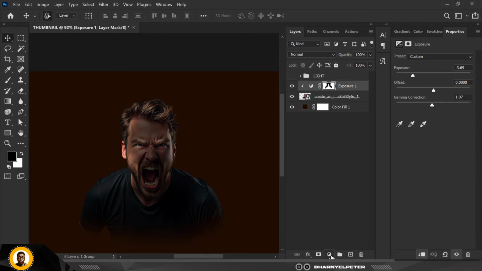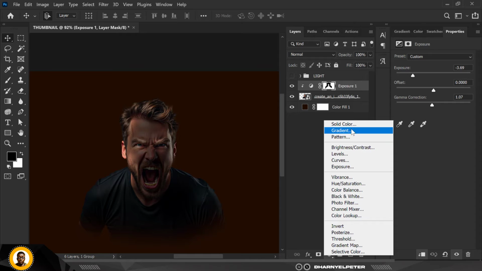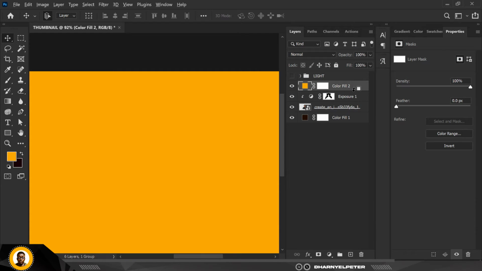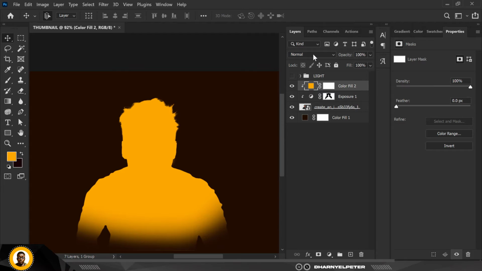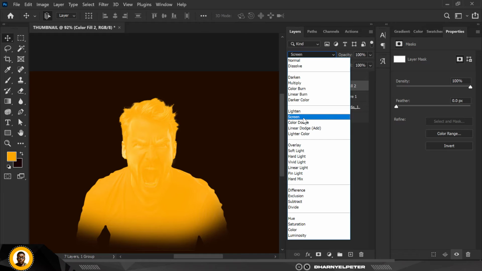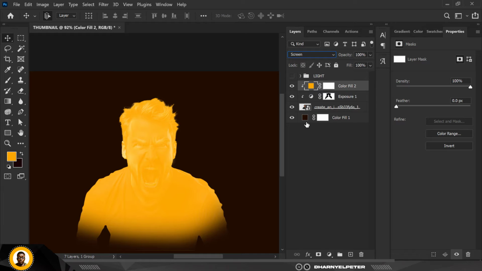Okay, so let's make this more fun. Go over to adjustment layer, click on solid color, and click OK if you're selecting the orange, and make sure you clip it to the image. Change the blend mode to screen. I'm going to use screen first. All right,